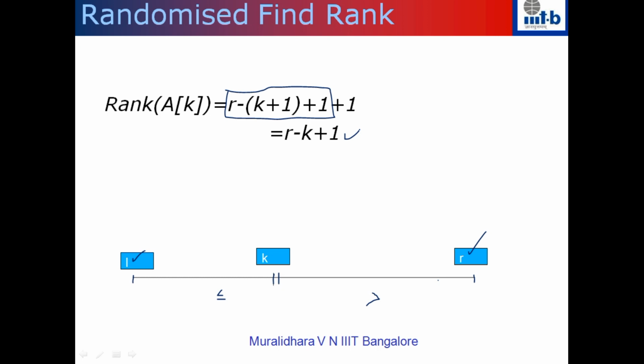Otherwise, if the rank is greater than the rank of the pivot, such a number has to be on the left hand side, and we go and search in the left hand side. Notice that after we did the partition, in the case of randomized quicksort we went and sorted both sides, but in the case of find rank, we go either to the left or right depending on whether the rank that we are looking for is smaller or greater than the rank of the pivot.